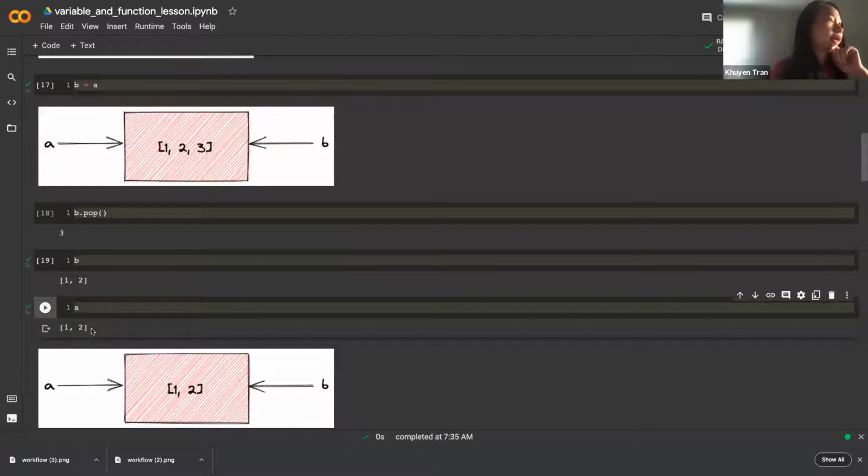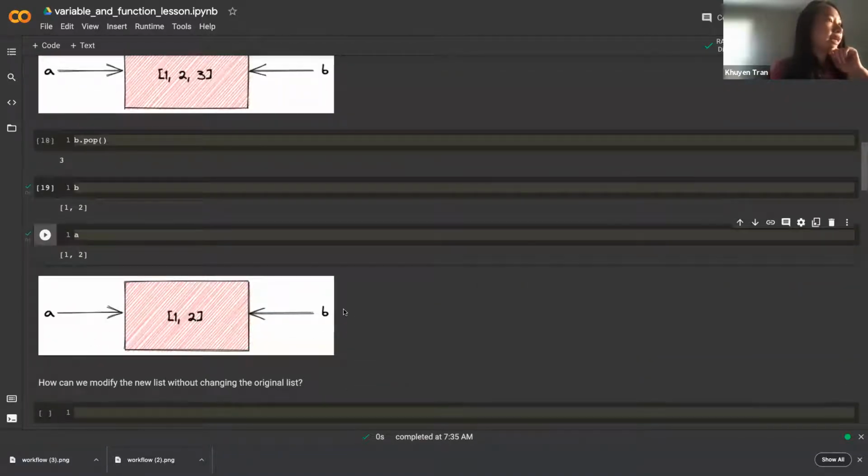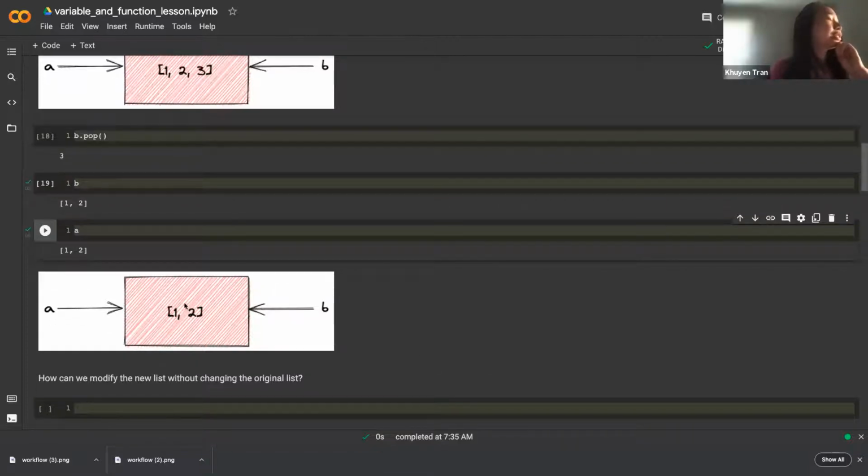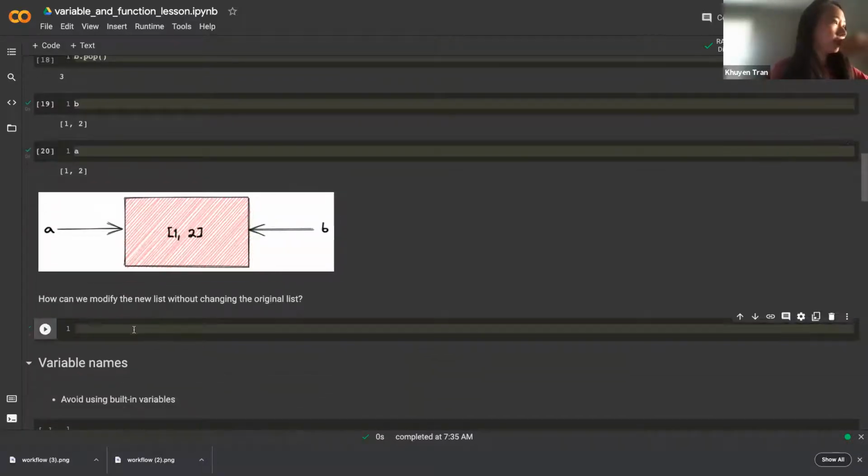It's because a and b point to the same object. So if we pop the value out of b, the list changes, and the list that a points to also changes. So is there a way that we can modify the new list without changing the original list? We can do that with